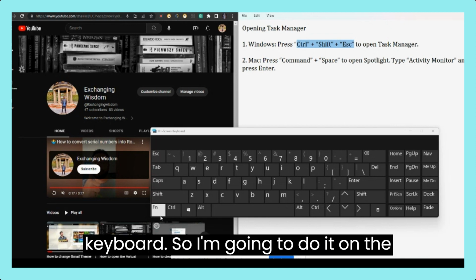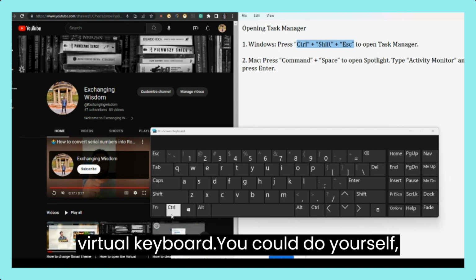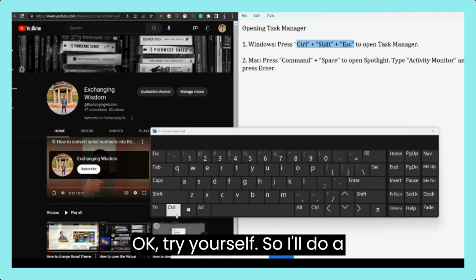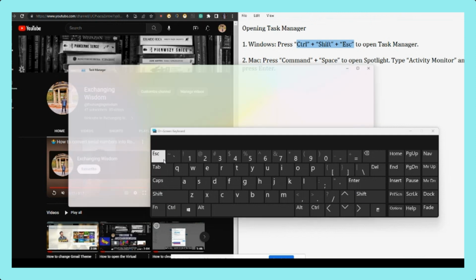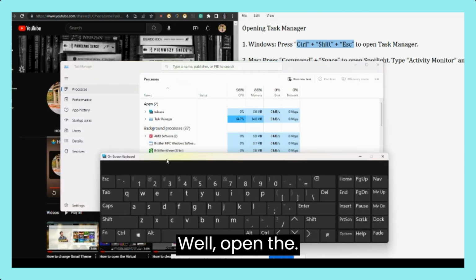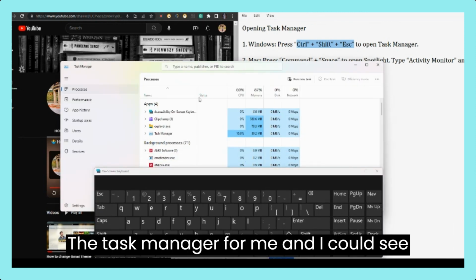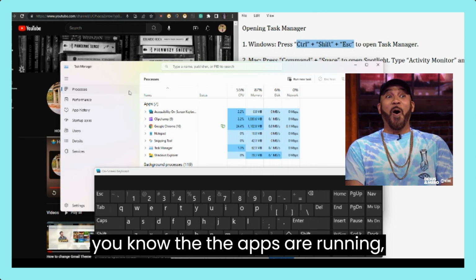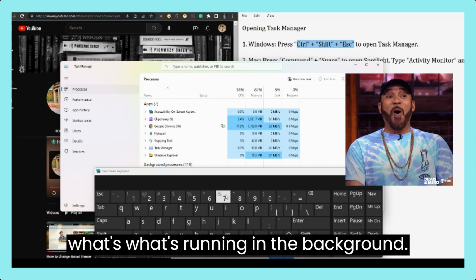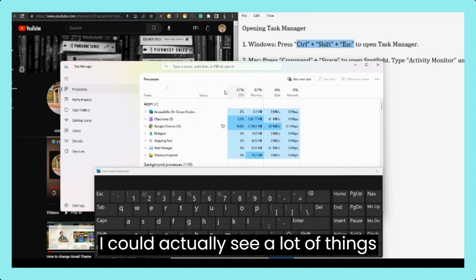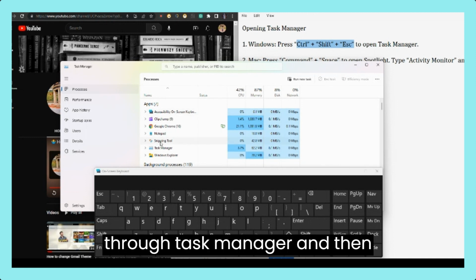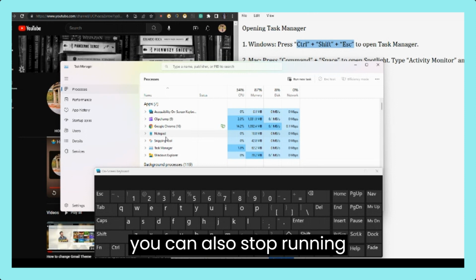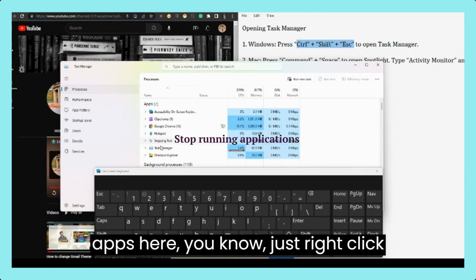So I'm going to do it on the virtual keyboard so you could do it yourself. Okay, try yourself. So I'll do Control Shift and Escape. Will open the task manager for me, and I could see the apps that are running, what's running in the background. I could actually see a lot of things through task manager, and then you can also stop running apps here,